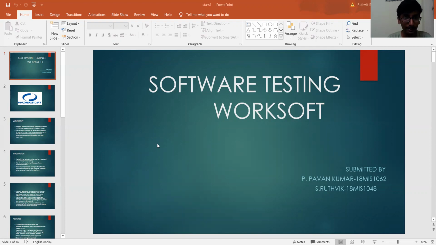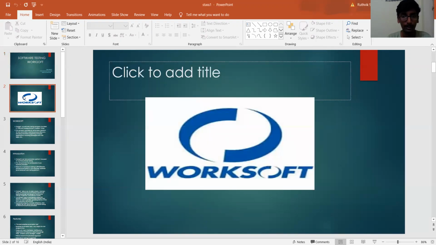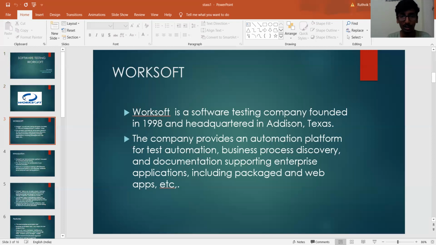So for clarity, now let us move on to what is meant by Worksoft. This is the topic which we are going to discuss, and this was the logo for Worksoft, where Worksoft is a software testing company designed in 1988, and the company provides an